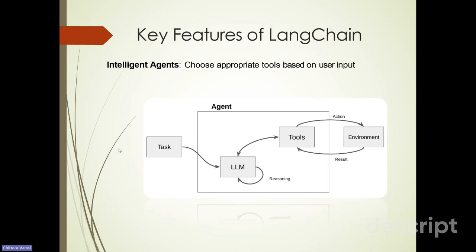So let's say there are 10 tools. It only chooses three tools, which means it has the freedom to choose which tool it's going to use based on the expectations from the user and the task they have given. Intelligent agents powered by large language models is where LangChain comes in.